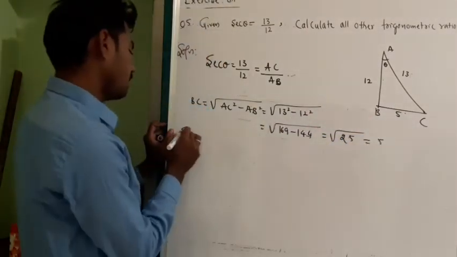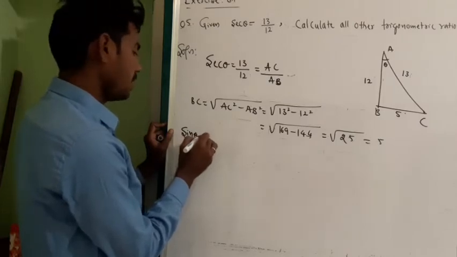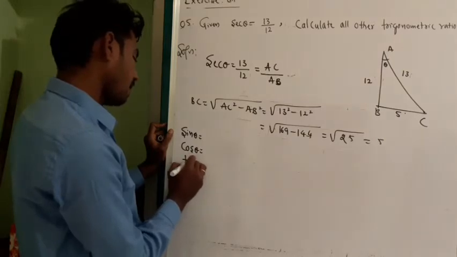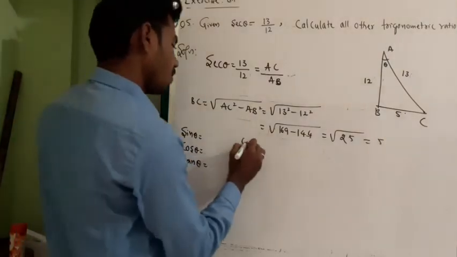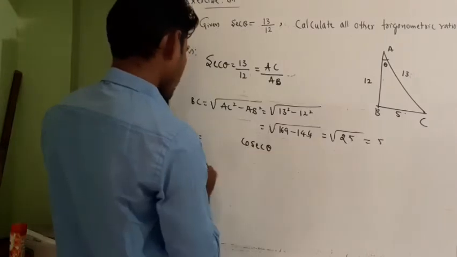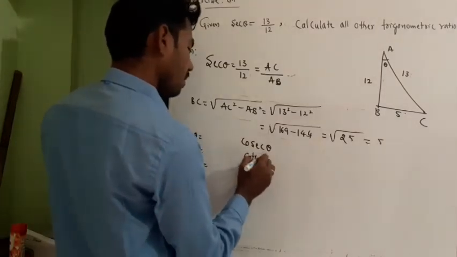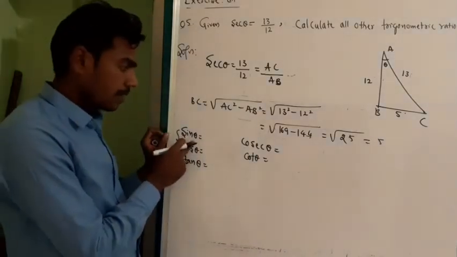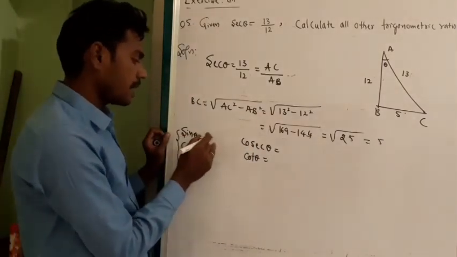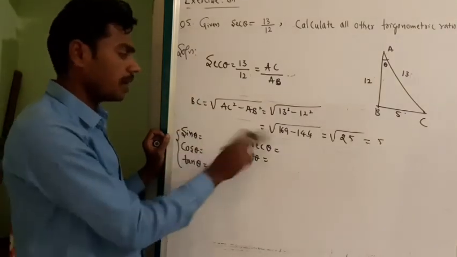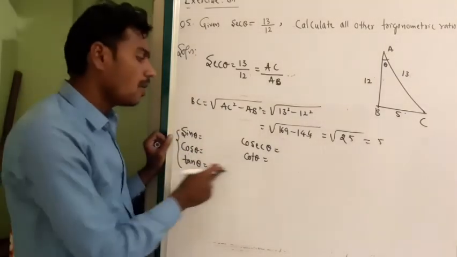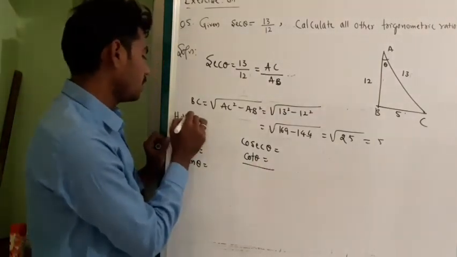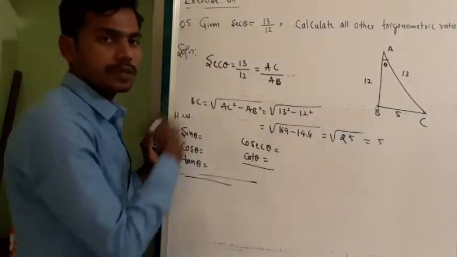So what you need to do, see, I have given all these things. You need to find sin theta, cos theta, tan theta, cosecant theta. For this already secant theta is here, you need to find cot theta. So first of all, you calculate this. See, if you get sin theta, then 1 by sin theta you will get cosecant theta. If you get tan theta, 1 by tan theta you will get cot theta. So this will be a homework. So continue here. So please note this down.